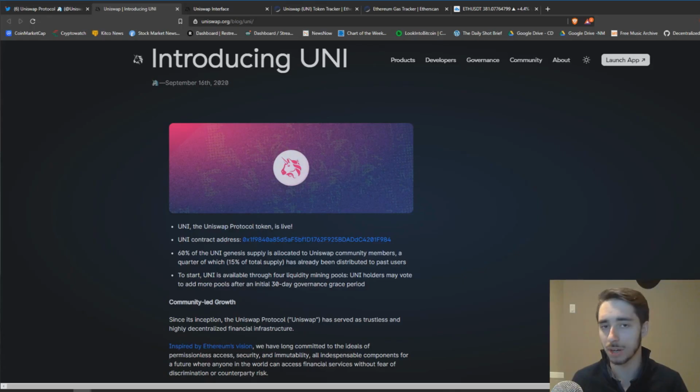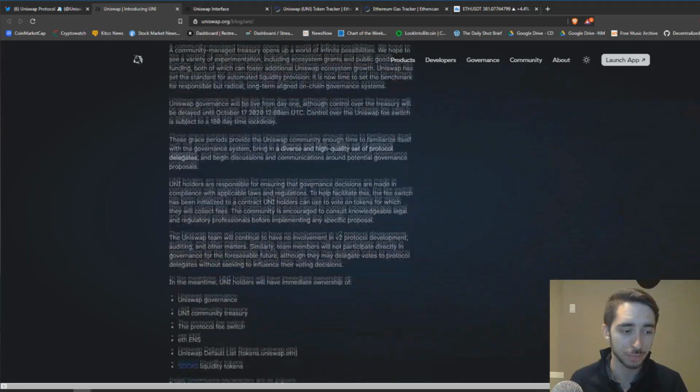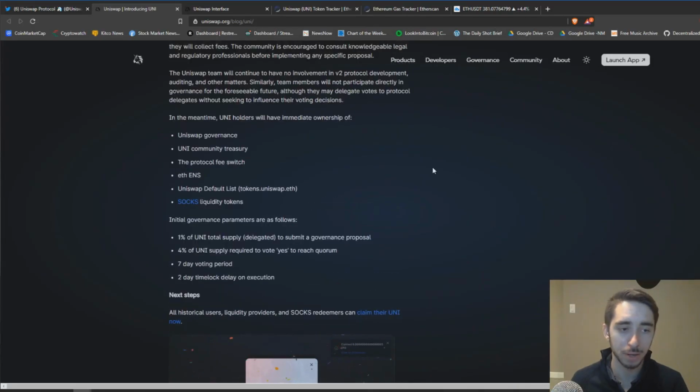Now, again, I'm not going to talk about it as an investment thesis, guys. That's for you to determine. I'm not here to either sell or make you FOMO or FUD into this token. I just want you to understand it. So the core utilities of the UNI token can be found at the bottom of the screen here. I recommend you read through this article afterwards, the blog post that they put out, but I'll go ahead and just list out the very clear bullet points here.